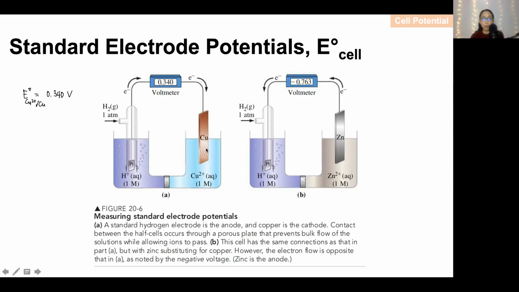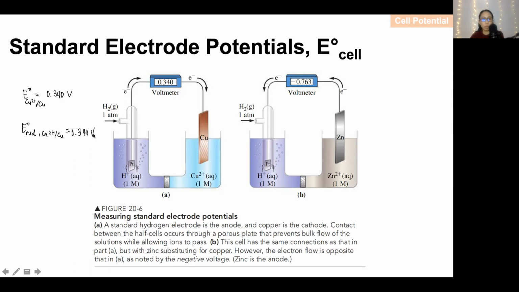Now, this copper 2 plus electrode is the cathode, right? So it means it's a reduction reaction taking place in it. These standard electrode potentials are also called standard reduction potentials. So that's represented as E naught red or standard reduction potential. So the standard reduction potential for your copper 2 plus copper electrode is